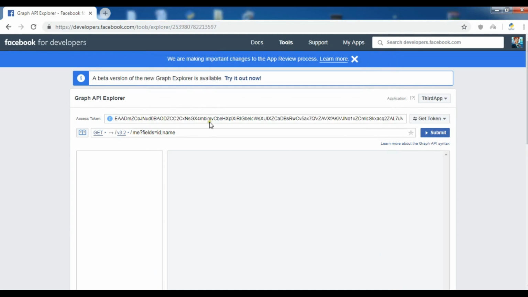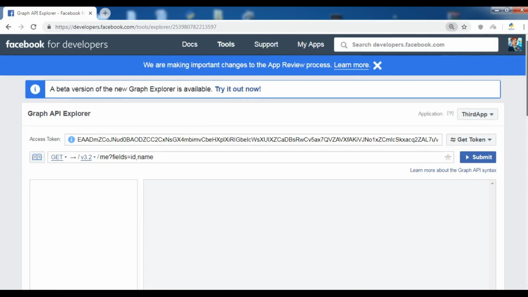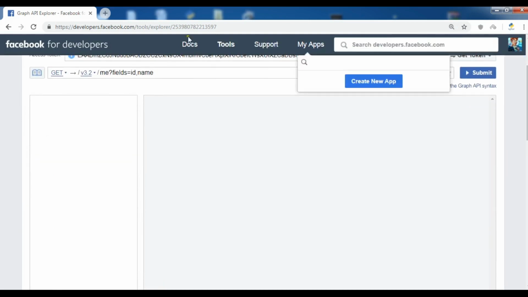So now this is the access token, and let me now submit. In here, you can see that we have GET requests, and we have POST and DELETE. Now in here you can see that this is me. So now you can see that this is me, and I want to do some data mining on my profile,